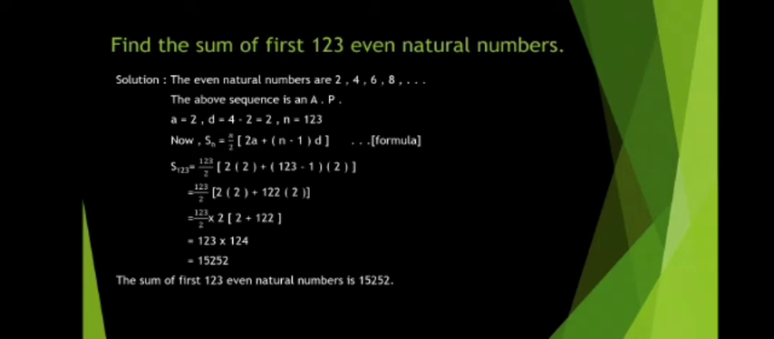So we can take 2 common, that is outside the bracket. So what will come? 123 upon 2 multiplied by 2 inside the bracket, 2 plus 122. All are getting? Yes, correct. Now what will come? 2 gets cancelled. What will come? 123 multiplied by 124. That is what? 122 plus 2 is 124. If we multiply, we'll get 15252. So we can say the sum of first 123 even natural numbers is